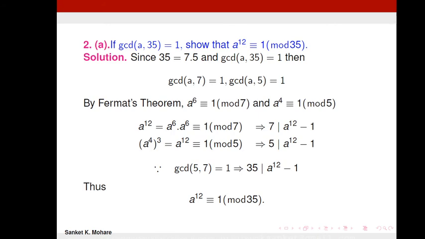Another application of Fermat's little theorem is, this theorem can be used to check whether a given number is prime or not. That is, if a to the power n is non-congruent to a modulo n for some integer a, then n is not prime. And if n is not prime, it means n is a composite number. So this is another application to check primality of a given integer.